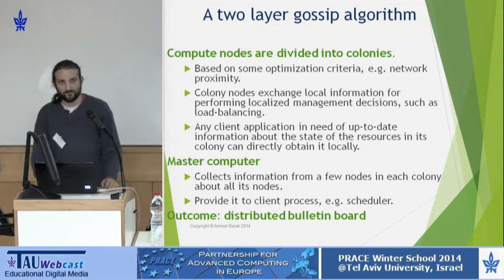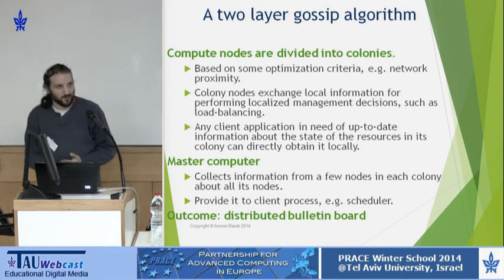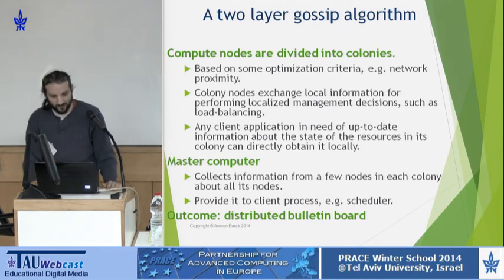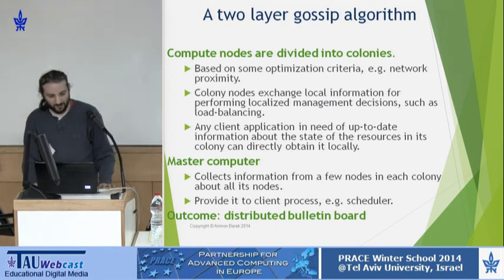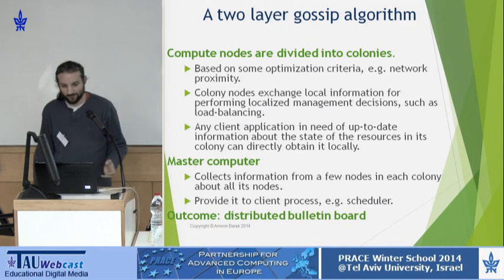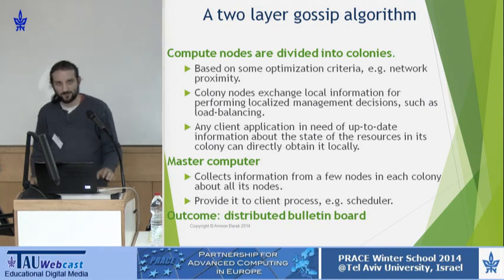Okay, so this is how it works now on small or medium-sized clusters. But when we go to 1 million nodes, we need to be more scalable. For that, we use a two-layer gossip algorithm. We divide the compute nodes into colonies, and information is passed between them. This division of colonies should probably use some optimization criteria, such as networking proximity, to make